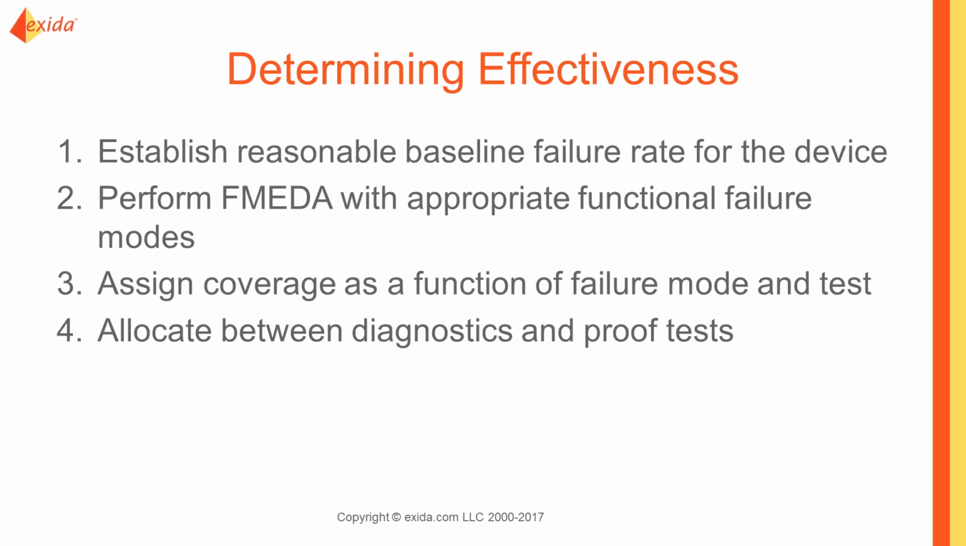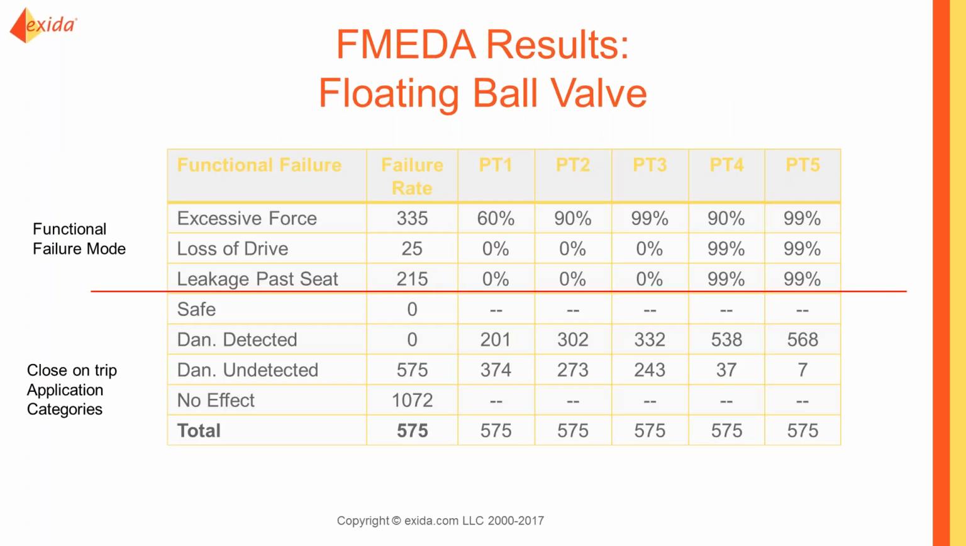level? Does that failure result in excessive force being needed to move the valve? Does that failure result in a leakage across the seat? Does that failure result in a disconnect between the obturator or the ball and the stem? So we want functional failure modes, and then depending on our proof test, we're going to assign a coverage, and finally we're going to say, well, what do we detect with a diagnostic, and what do we detect with a proof test? So this is an example of a floating ball valve where the failure rate, so the dangerous undetected